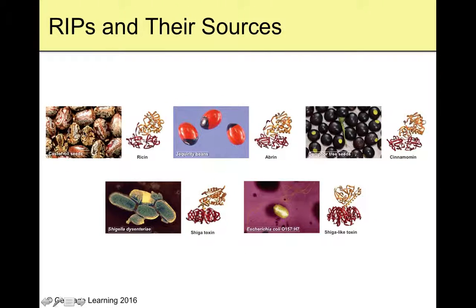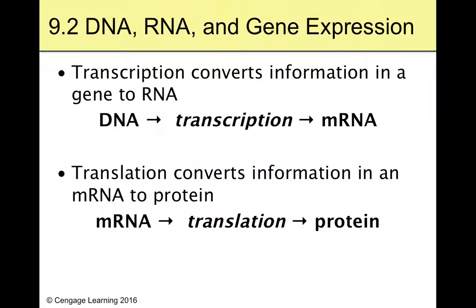Here's your castor oil seeds. They're actually kind of pretty, that make this ricin. Here's some Jequirity beans, and these were actually, in your book, it says they were being sold on a bracelet. And a botanist recognized that the beads on the bracelet were actually these beans, and they recalled all the bracelets, but of course, they contain a ribosome inactivating protein, so that would have been terrible. There are a couple other seeds. Here's E. coli, and here's the dysentery bacteria. So there's a few different examples of where you can find some of these RIPs.